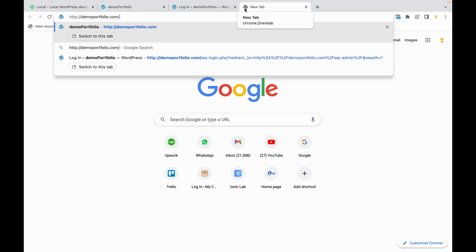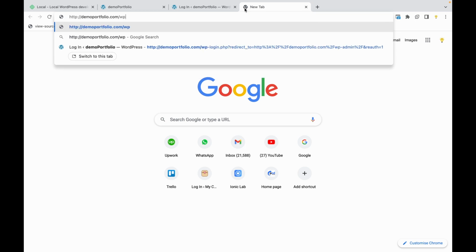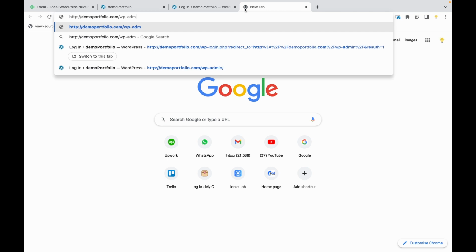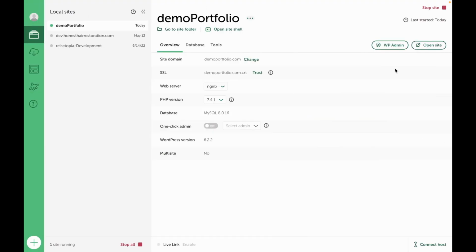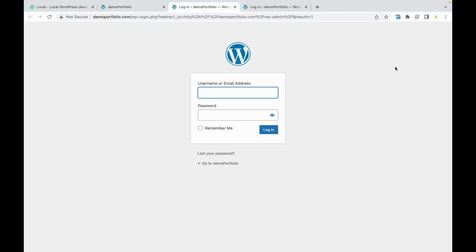It will always give you the WP admin panel. And if you click on this WP admin, it will redirect to the login page. And here we will specify the admin username and password, which we added in that step. So I'm going to log in over there,